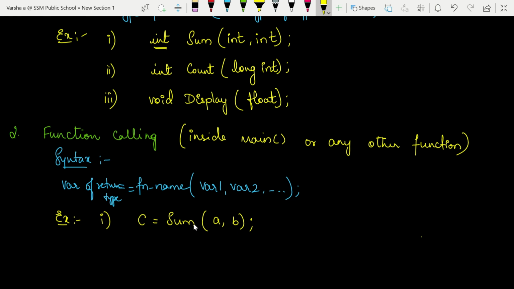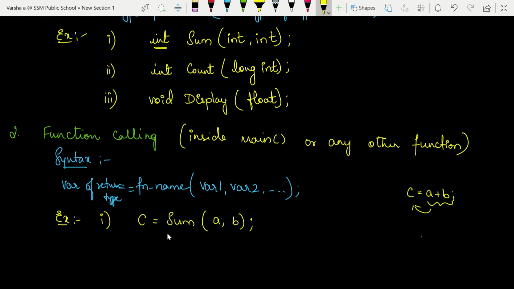So whatever answer is given out as output by this function, that is going to be stored in a variable. You already know, you have attended the operators and expressions class. In case you have not, please go through the playlist and attend that. How operators perform their calculations and how the expressions are evaluated, I have given you the details. So when I give c equals a plus b, the RHS expression is evaluated, and after evaluation whatever answer is obtained is stored in the LHS variable.